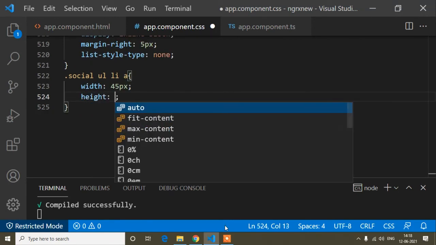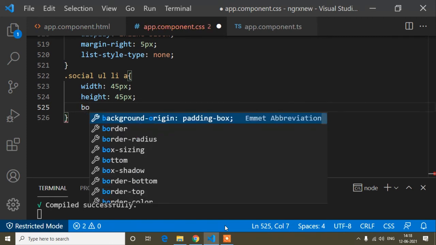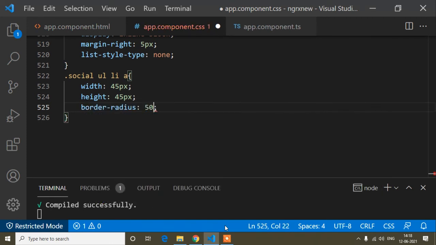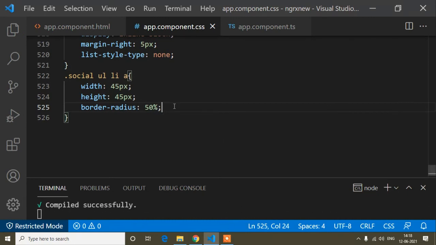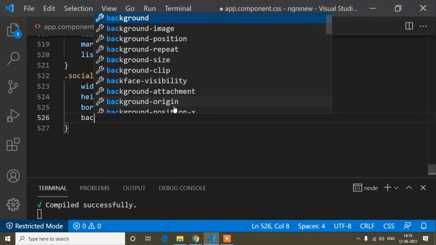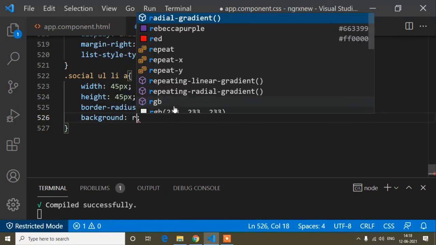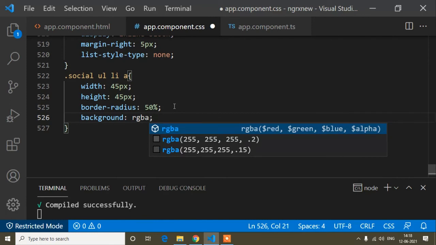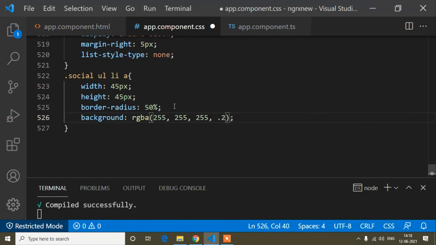When we want to make any element round, at that time we set width and height the same, and then border radius 50%, so that means the element will be round. Okay, for showing this one I have to add the background color, otherwise it will not be visible. So for the background color I will write the color, that is RGBA. R is red, G is green, B is blue, and A is for opacity. So the color will be this color.